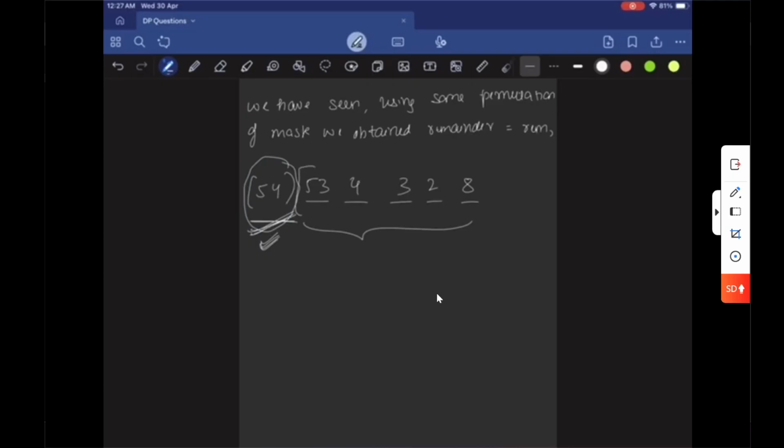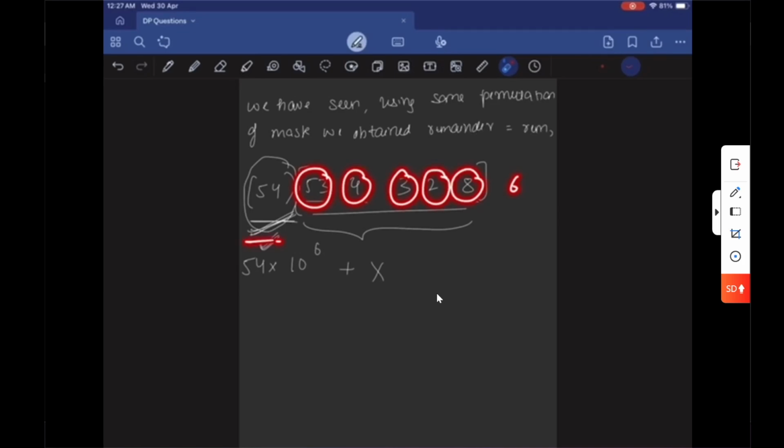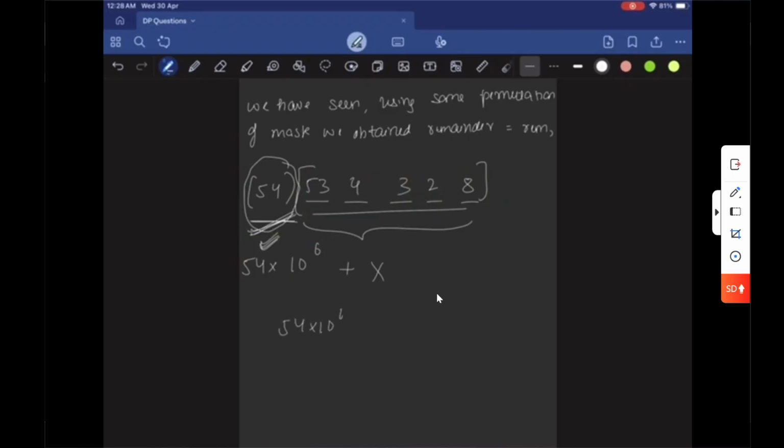So the permutation that has been caused, say this was x, right? And what have I actually added? I have added 10 to the power of 6, isn't it? And what is this? This is actually the length: 2 plus 1 plus 1, 4 plus 1, 5 plus 1, 6. This is the actual added. So the additional number that is added to make a new remainder is actually 54 into 10 to the power of 6 mod k,